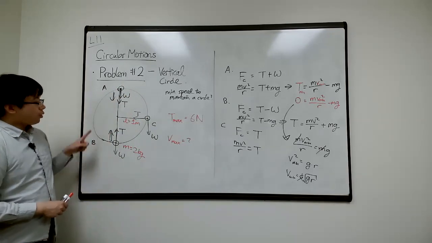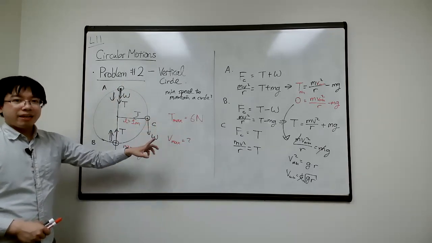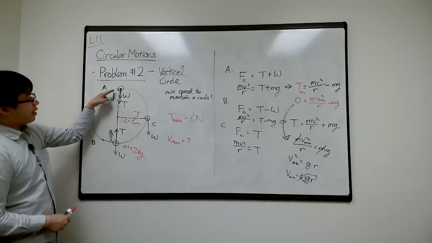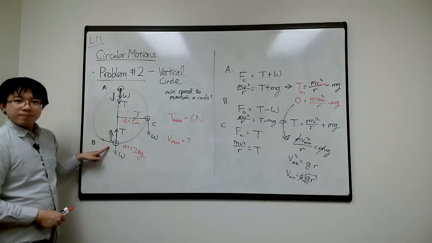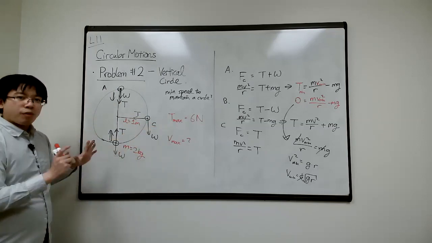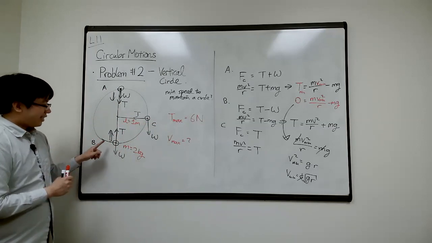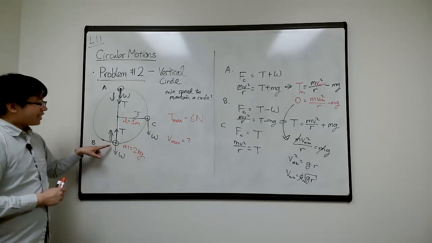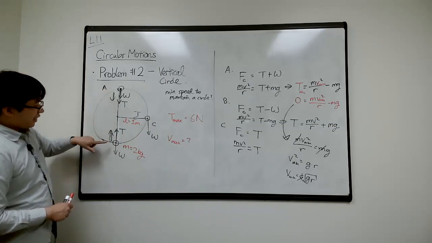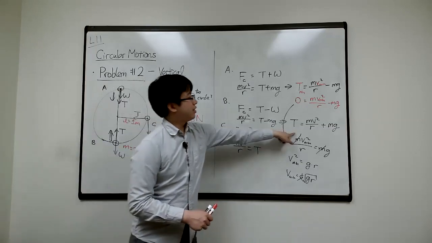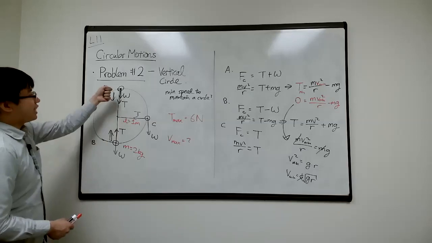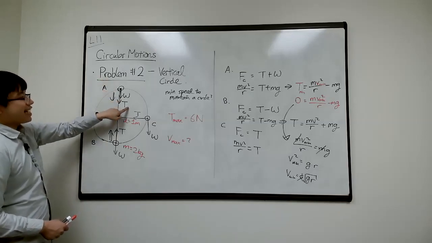Now, which point will you want to analyze for the maximum? If you want to find out the maximum velocity, do you want to analyze this point, or this point? Well, the string will break. Where's the weakest point? Where's the critical part that we should analyze? Here, right? Because that's where the tension is max. The tension will always be larger at point B than at point A,